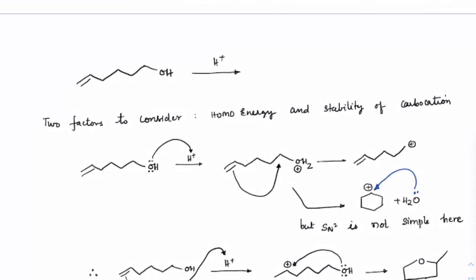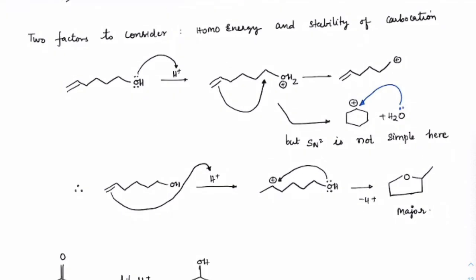But if you check out the second route, where stability of carbocation is given the priority, we have a double bond attacking on H plus, we will get a secondary carbocation, then the lone pair from oxygen will make a much better attack, and it will end up forming a 5-membered ether ring. Got it? So here the rate would be faster. One thing, it is forming a secondary carbocation. Second thing, lone pair attack will be at a much faster rate. Got it? Thereby you will get this as the major product.